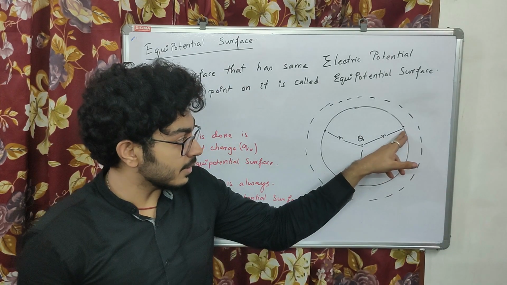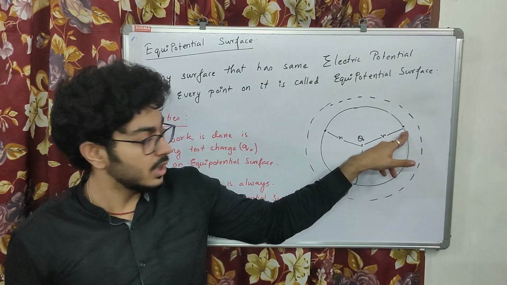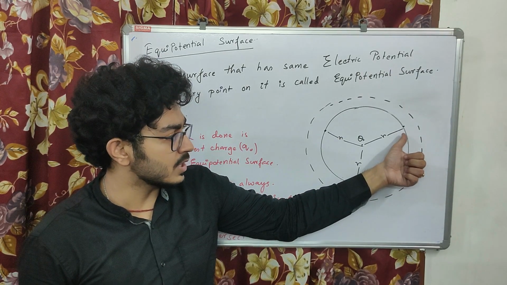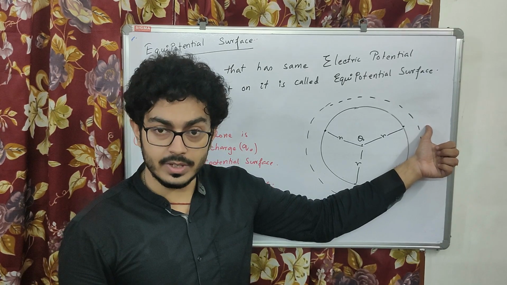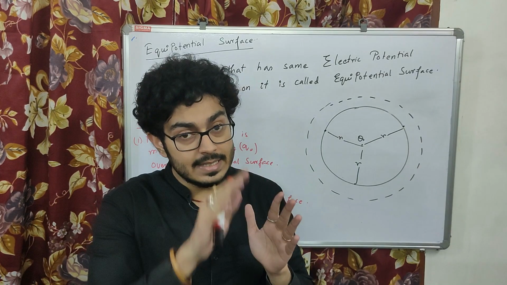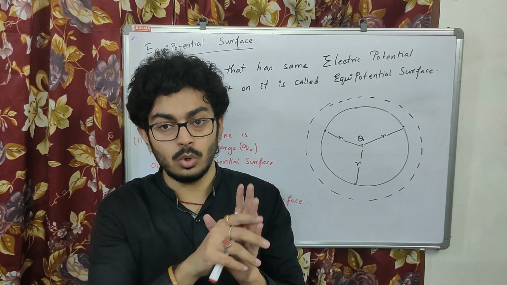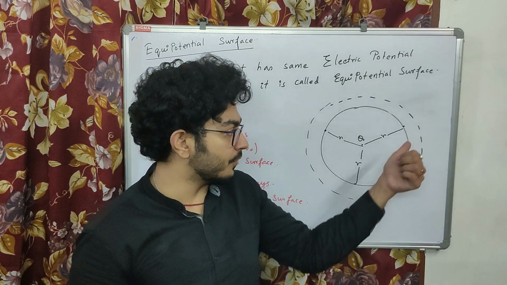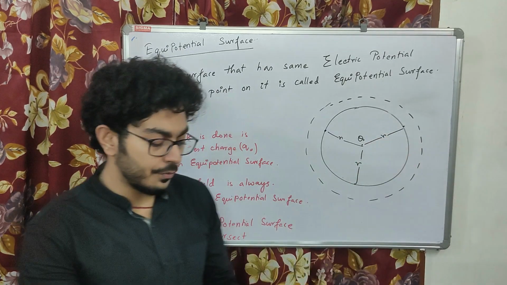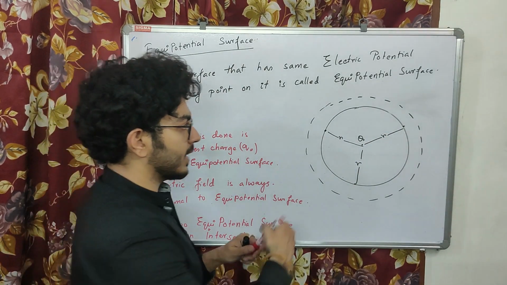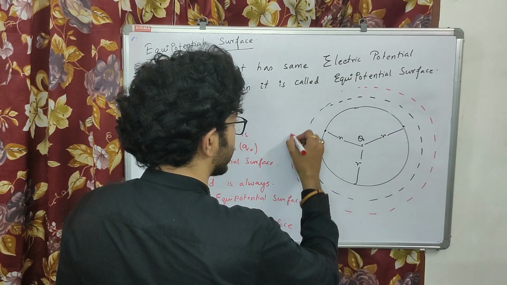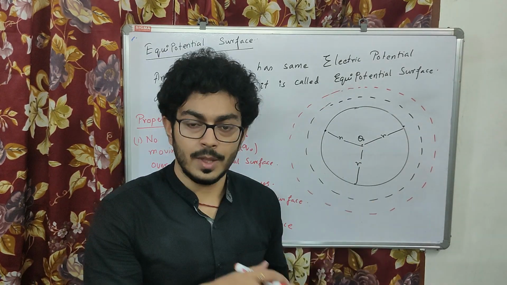The potential at this surface may not be equal to the potential at this surface, it should not be equal. The potential on the first surface is not equal to the potential on the second surface. But I am talking about only the second surface. On the second surface, throughout the surface, wherever you go, the potential remains the same. Similarly, on the first surface also, wherever you go, the potential remains the same. So if you consider another concentric sphere like this, on this surface also the potential remains the same.